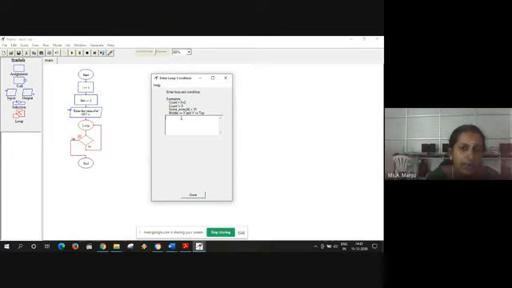So, what is the condition for checking the loop in factorial? For example, if the value of n is equal to 5, 5 multiplications should be done, isn't it? So what should be the condition? The condition should be if I greater than or equal to n, or less than or equal to n. If greater than or equal to n,